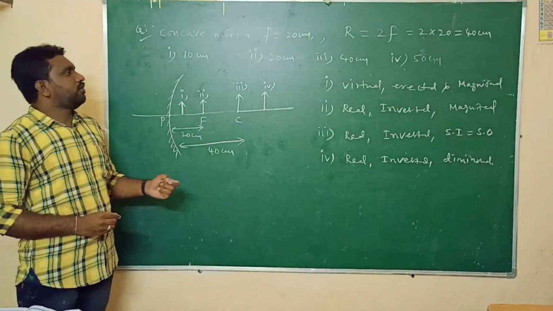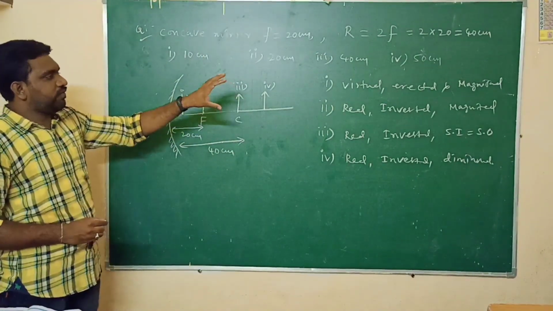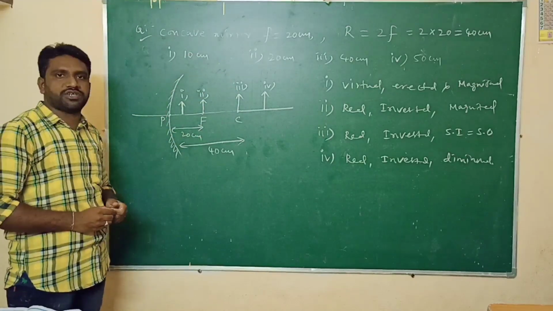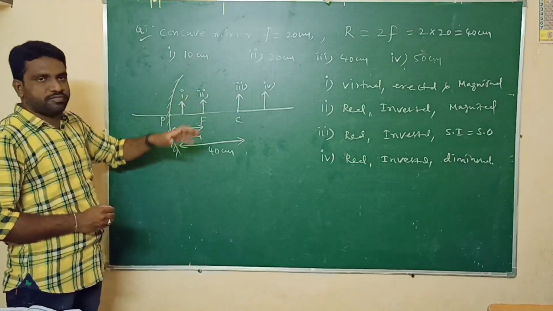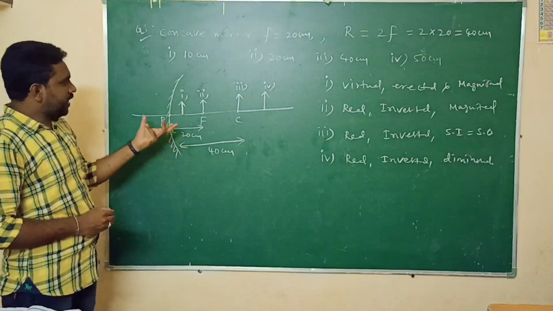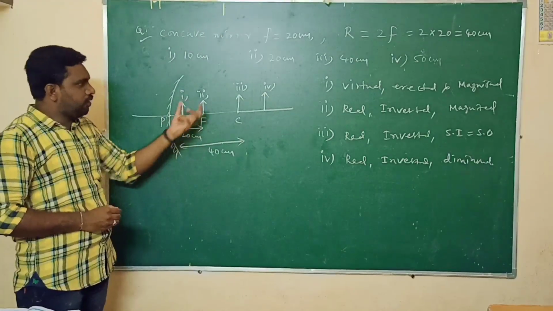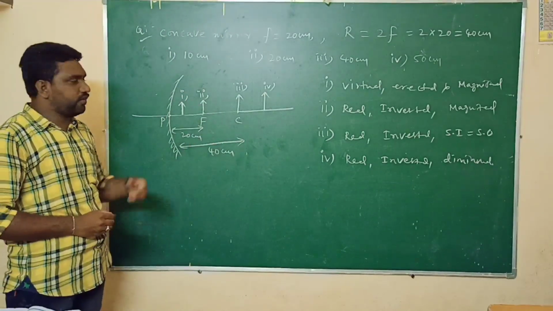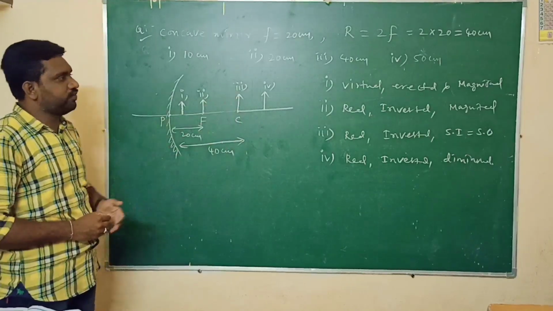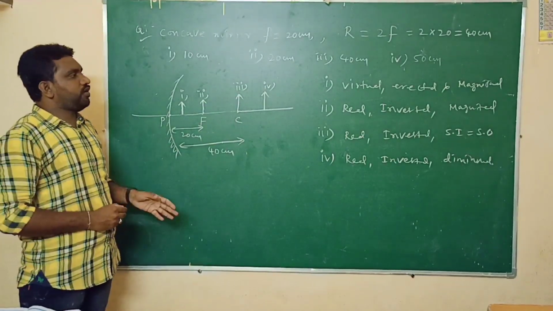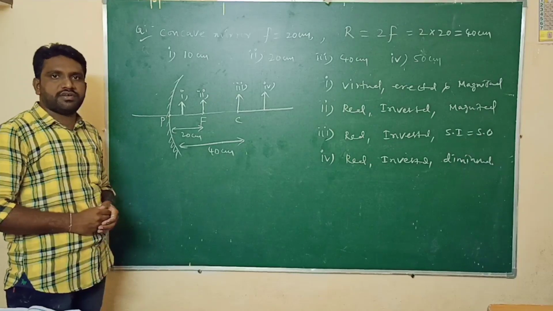Without drawing the diagram, it is very difficult to solve this kind of question. So first of all, according to the given question, you have to frame the question in the form of ray diagrams. Then we will get the clarity, then we will get the position, then we can write the nature of the image. In this way, we have to solve this kind of question.